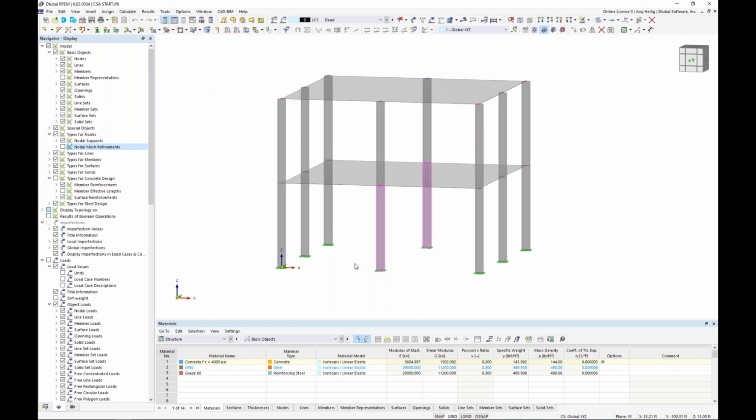So we're going to deactivate these columns and instead add in some steel members, which will just describe the workflow here of our staged analysis. Before we define any of these construction stages, we need to ensure that we have everything completely modeled in RFEM. So we will begin by drawing a new member here, and up in my quick toolbar, I can draw